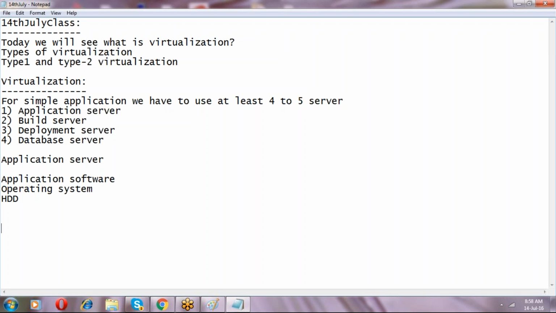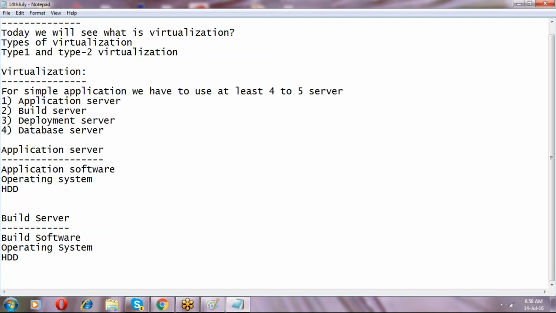The same way, for the build server I need build software, or any other software, then the operating system again, and then the hard disk. Again, the deployment server is the same thing.